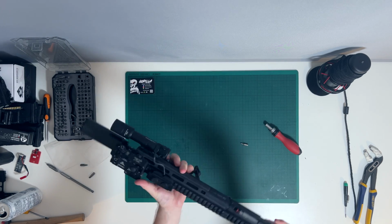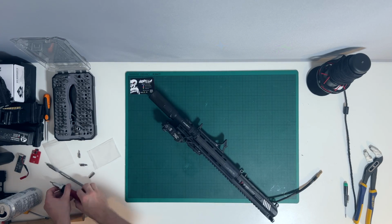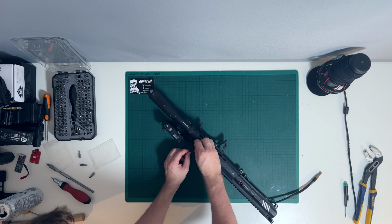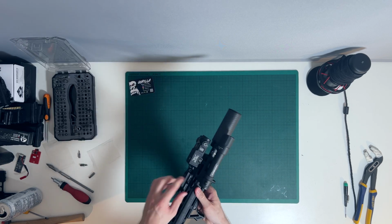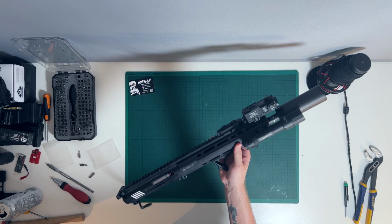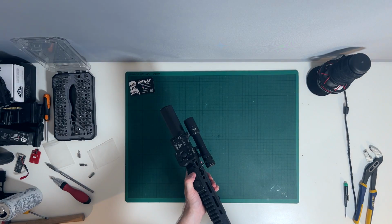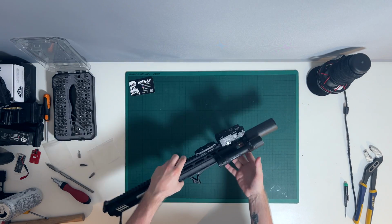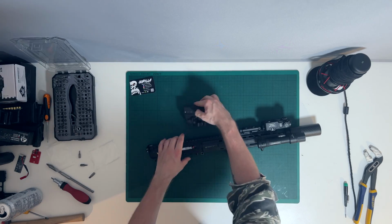There we go. Let's tighten this up. I have found this wire fits perfectly snug under here. So I can literally just squeeze it in and there's no wire now. It works perfectly fine. Now we need to figure out, because I have a lot of options I can use